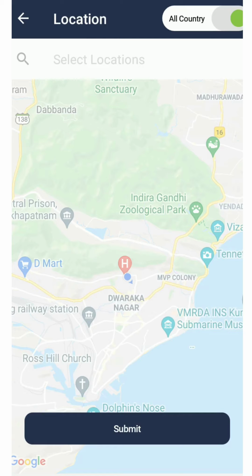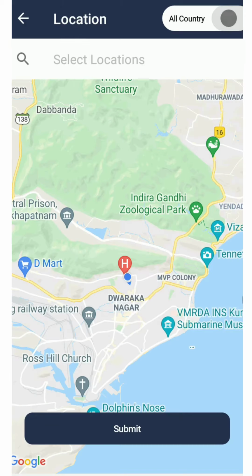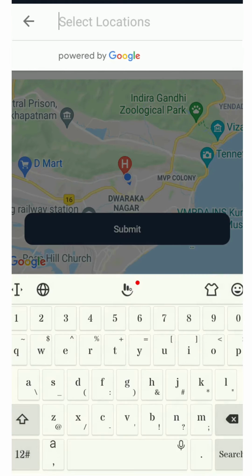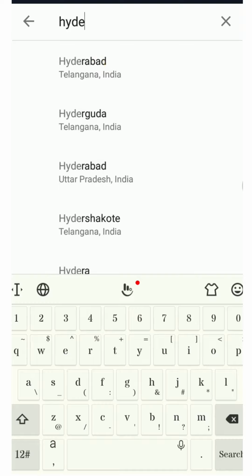Or let's say you are offering some service and that is limited to one particular city. In that case I will turn this off and I can select. Let's say I'm providing a cab service limited to a particular city called Hyderabad, then I can type here and select Hyderabad.